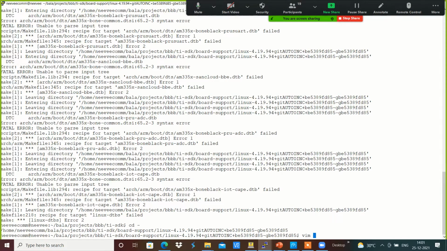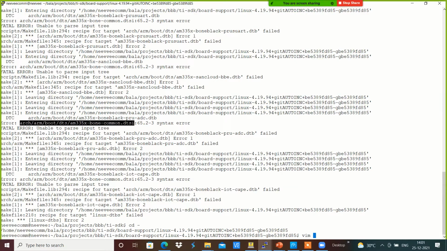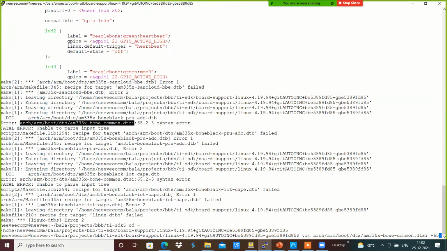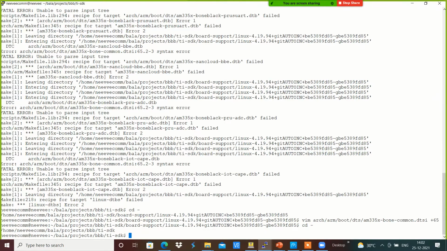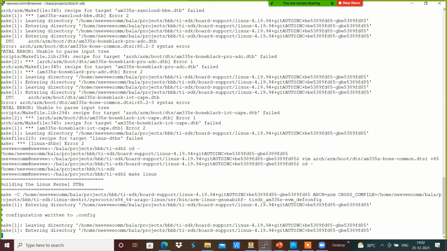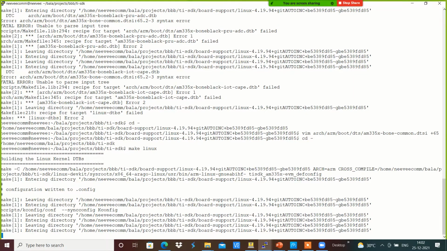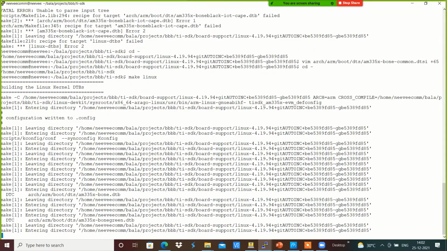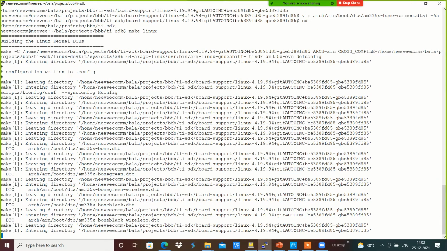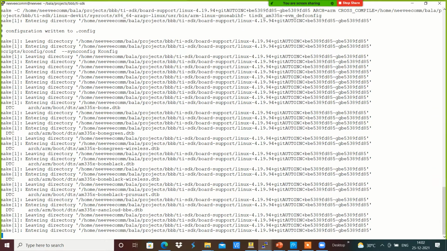The 65 was not closed, because of that the issue came. Now it got compiled. The Bone Black DTB got compiled.